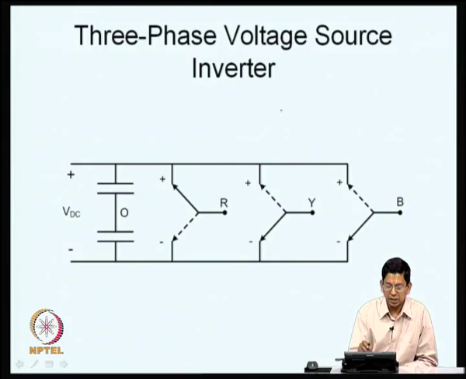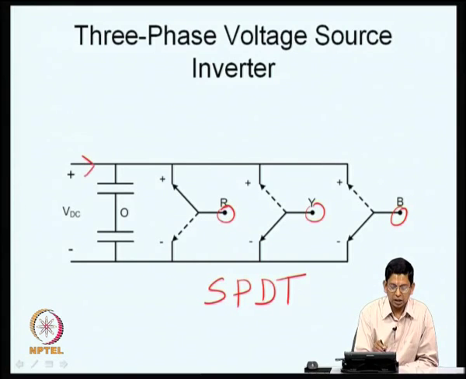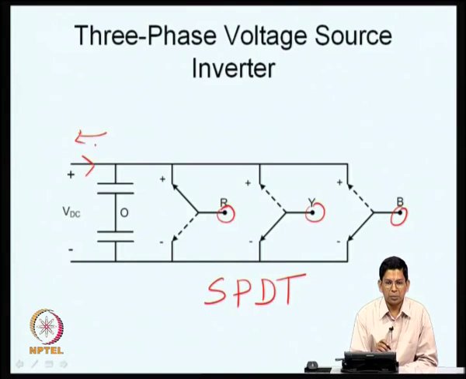So, this is basically a 3-phase voltage source inverter, which has been shown in terms of single pole double throw switches. You have 3 single pole double throw switches here, and these are the load terminals R, Y and B, and DC power is fed from here now. So, DC current can flow through this now. In this case, there is a DC to AC conversion, and current can also flow in the opposite direction, in which case it means that the power is flowing from the AC side to the DC side.